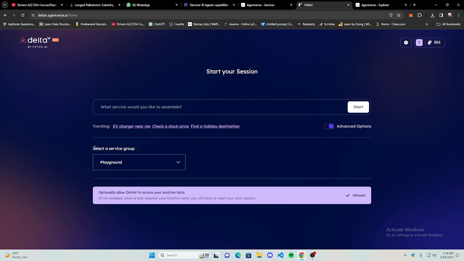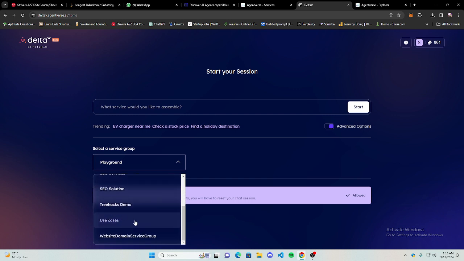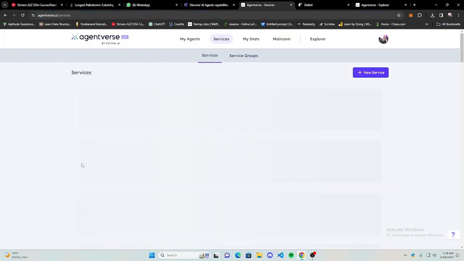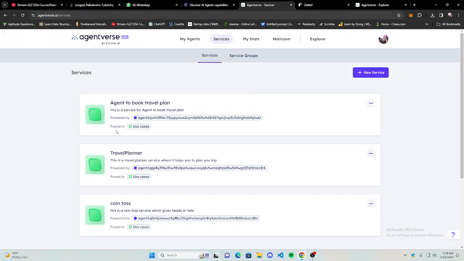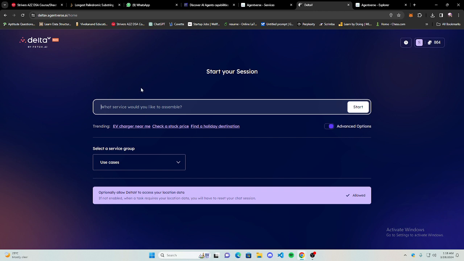Here it will ask you to select a service group. Inside the service group, you have to select use cases. If you remember, we selected use cases while creating the service. You can also see it found in use cases. So you select use cases, and then you can just pretty much chat with the agent that you have just created. So let's say I will say I want to